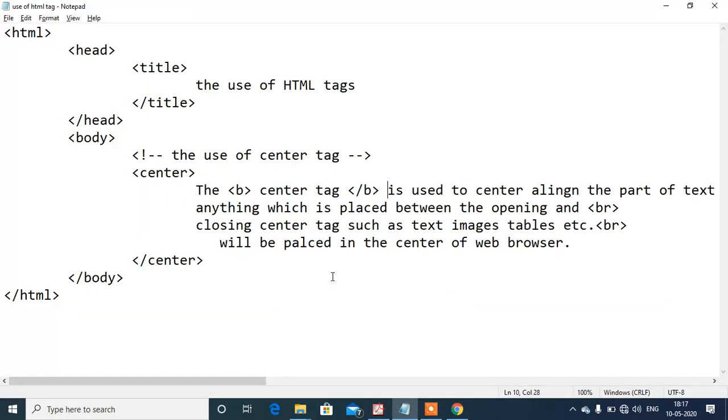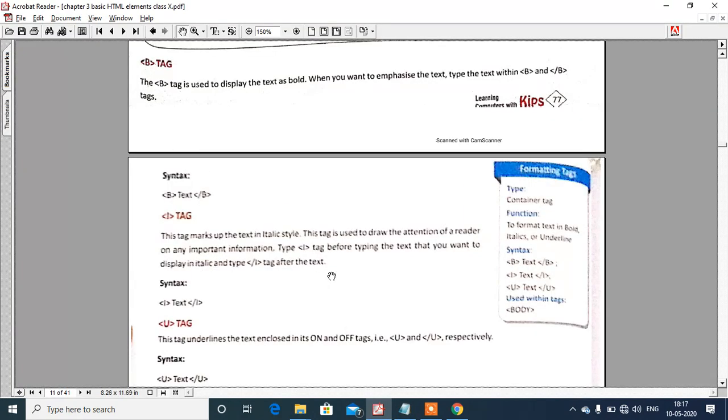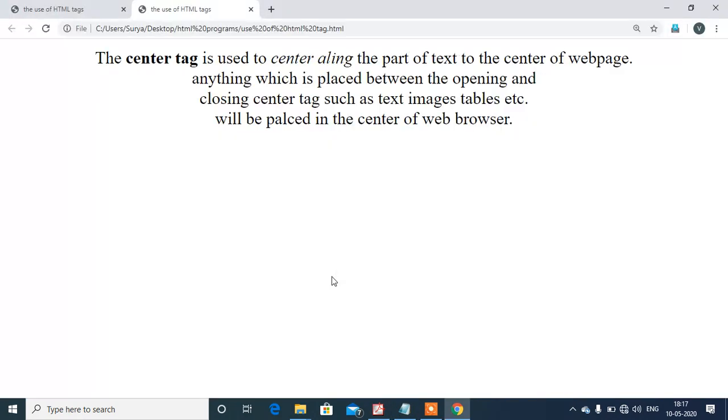So for example, here the words center align are given, and before that I am writing I and then I close. Control S, F5. Now you can see the effect, center align is now italic. So if you want to italicize anything, you can use the I tag.